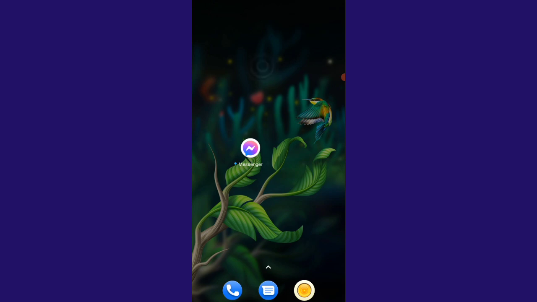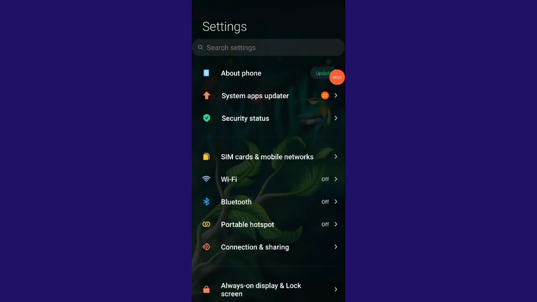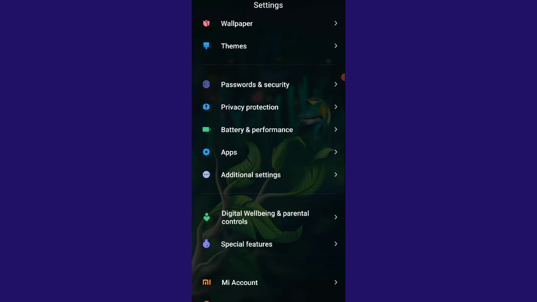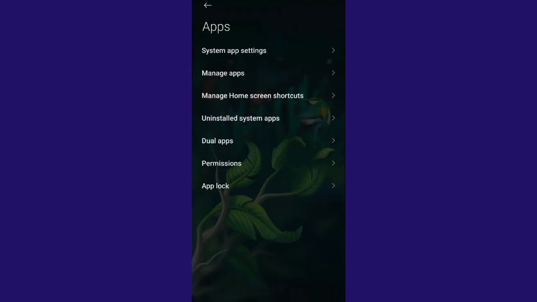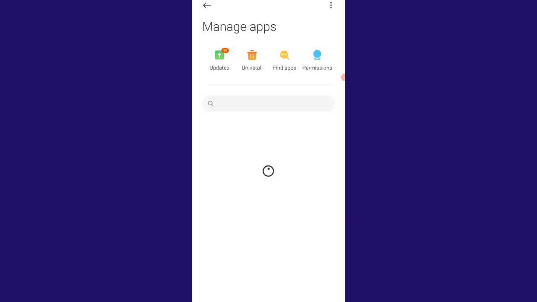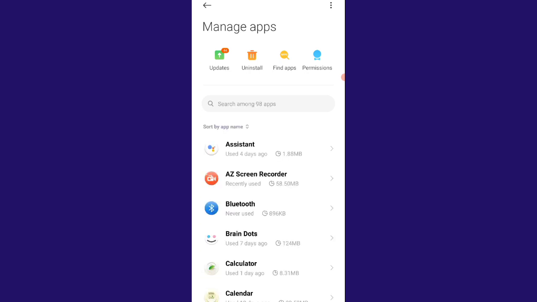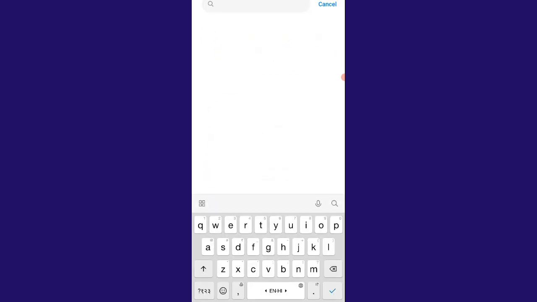For the solution, firstly open your phone settings. After opening settings, you have to go to the apps section. Yes guys, the apps section. After clicking on the apps button, you have to go to the manage apps option. Yes guys, after clicking on manage apps, you have to go to the search bar, and after clicking on the search